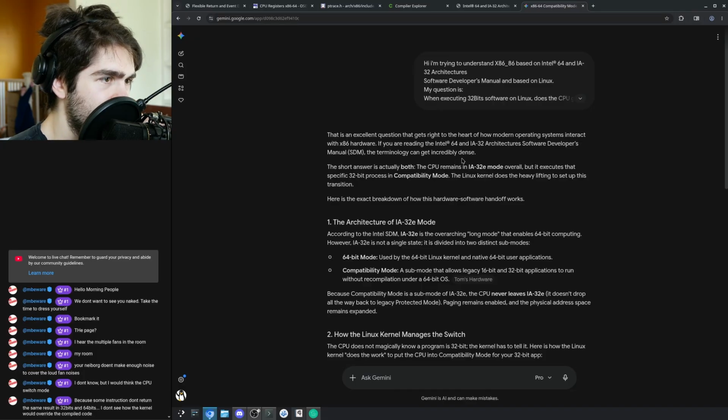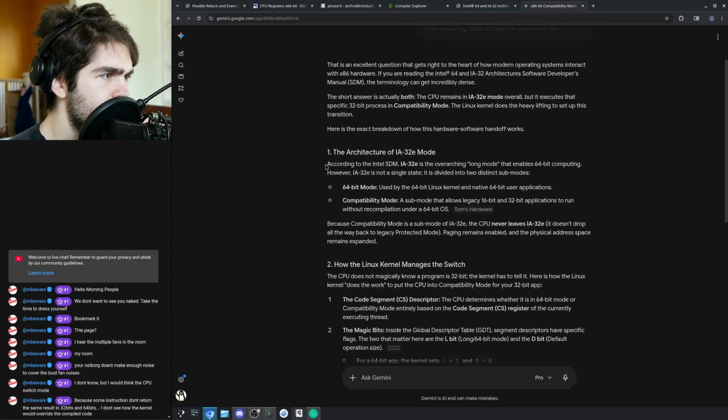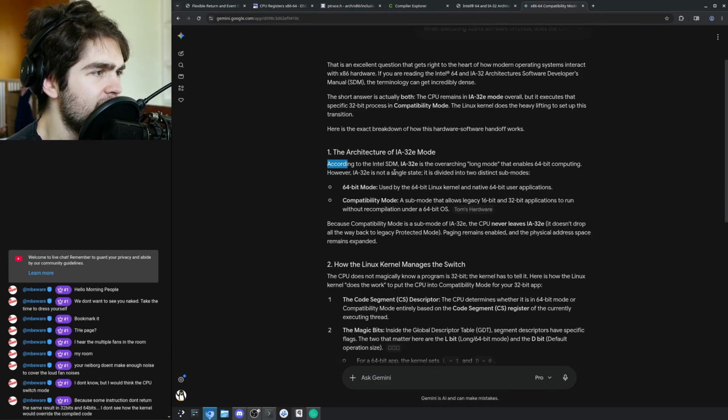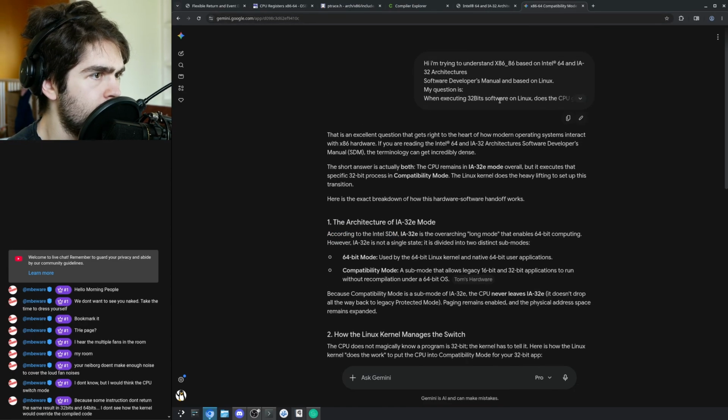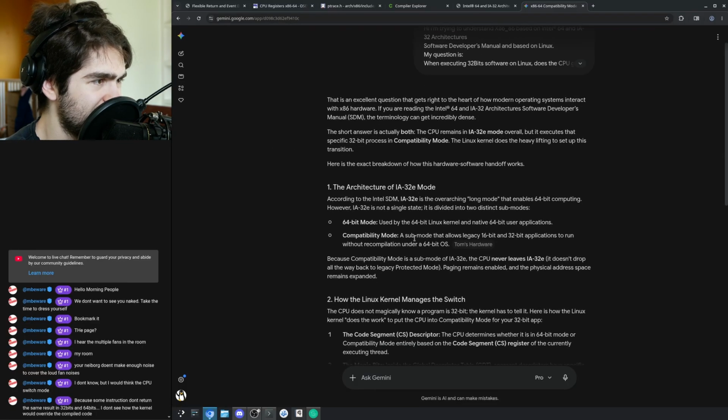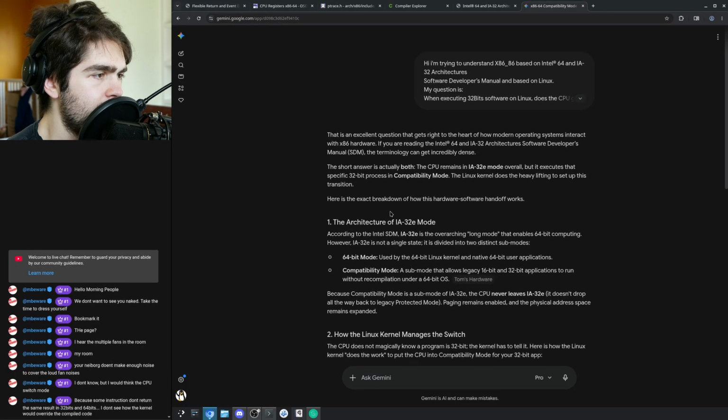Okay, the architecture of IA32E mode. According to the Intel SDM, what do they mean by that? Software developer manual. Okay, nice. According to the Intel software developer manual,